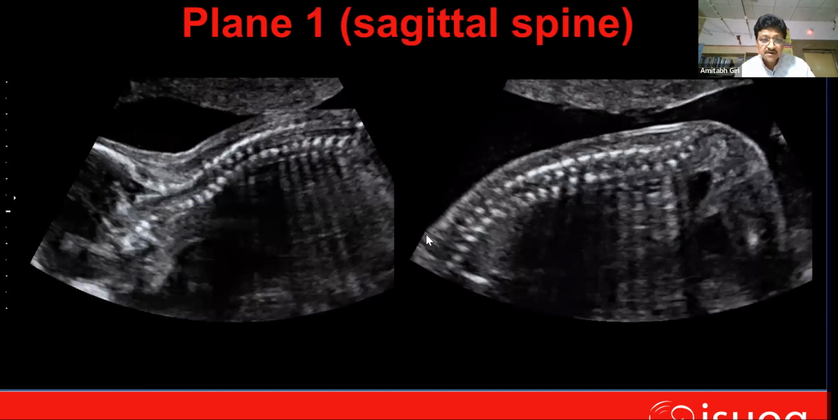Now come to plane 1. Plane 1 is the sagittal plane. And how do we get the sagittal plane? From the cross section, as we go from the pubic symphysis upwards, as we go up, we see the spine, and then we turn right